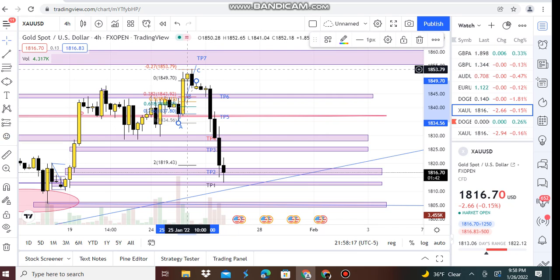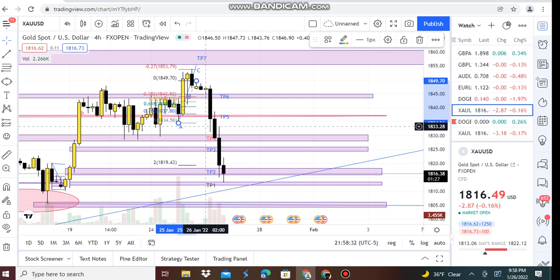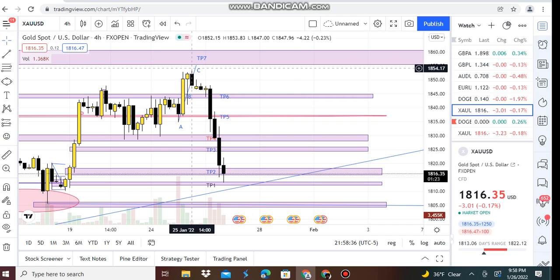We can obviously break this back down. Price went to the 27 extension, boom, obviously from A to C, and then it broke back down. Once it broke back down to B, it went to A, and then boom, continued in a downtrend. So we can delete this now because this Fibonacci is no longer valid, or this uptrend is no longer